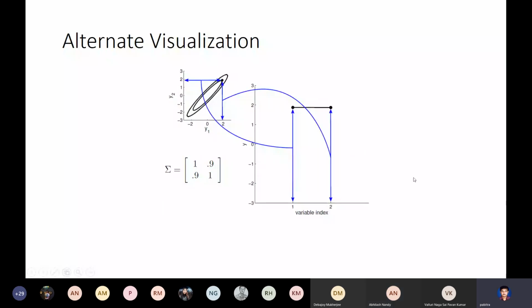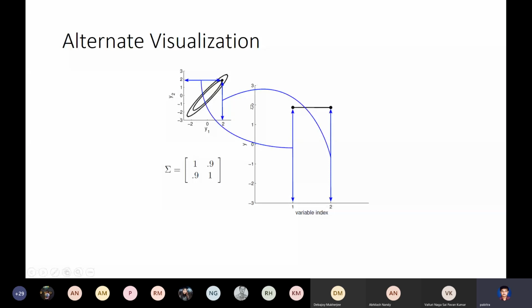So what I'm doing is that in the x-axis, I'm plotting the index number. That is the first coordinate, the second coordinate number. Which coordinate number I plot. So if there are d dimensions, there will be d points like this. For a given sample, I plot along the y-axis the value of component 1, that is y1, and the value of component 2, that is y2. So this first height is nothing but this line, the value of y1 for this sample, and the next is the value of y2 for this sample. Okay, and I join them by a line.